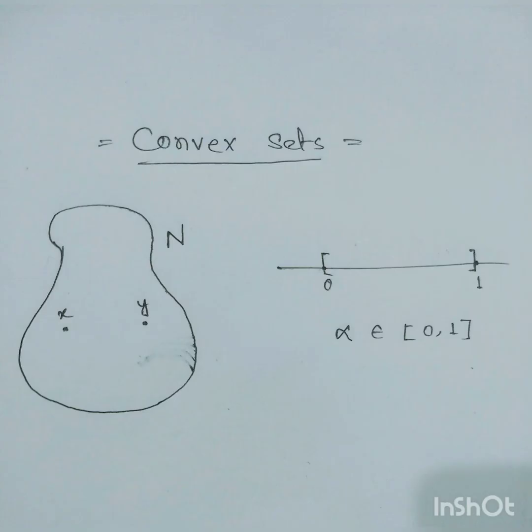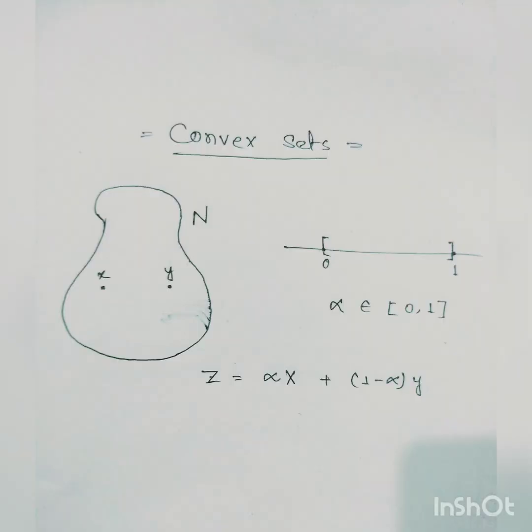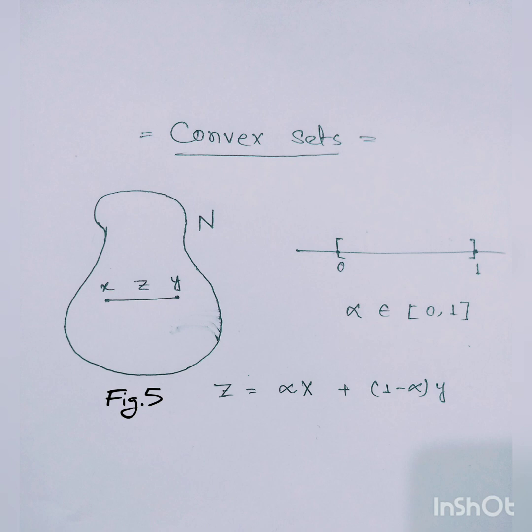Then the set of points like Z equal to alpha X plus (1 minus alpha) Y, where X and Y are members of the linear space. This Z type of points is called the line segment from X to Y, where X and Y are both endpoints. That is, this Z must be a line segment in N, and we can represent it as figure 5. Let's see geometrically how we can say that any set in a surface is convex or not.